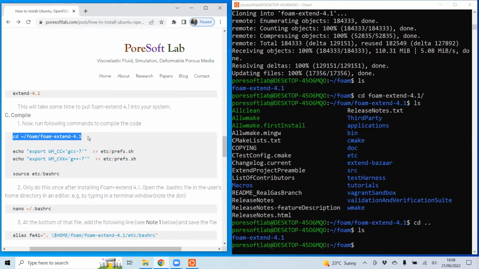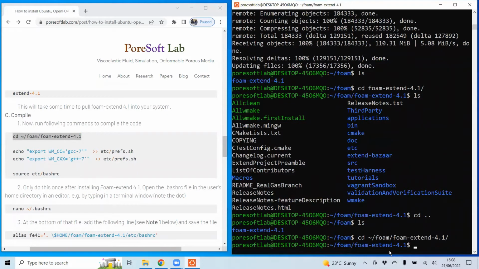To compile that, we copy this first command, paste it here, or I will type it down: cd tilde foam, then foam-extend-4.1.